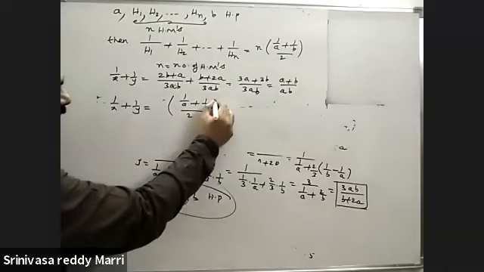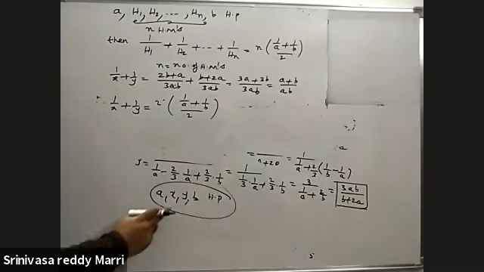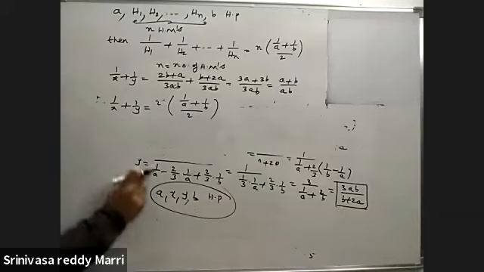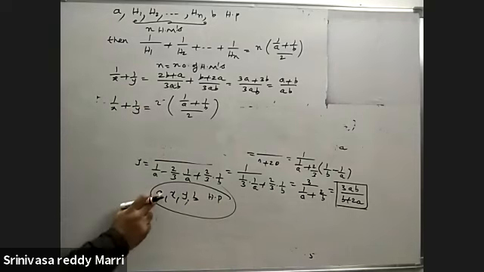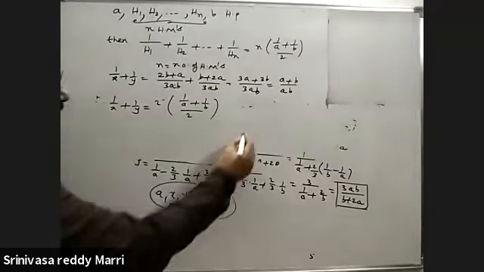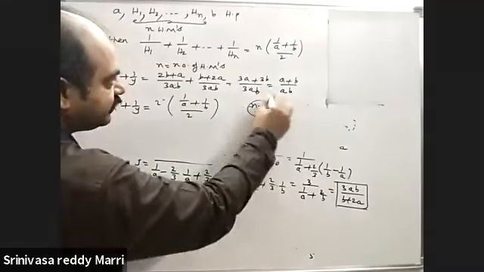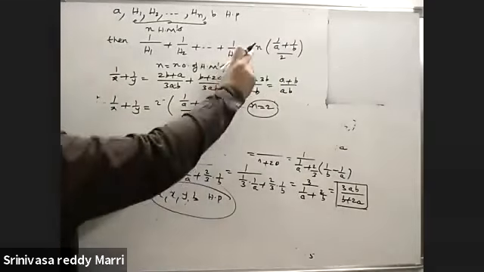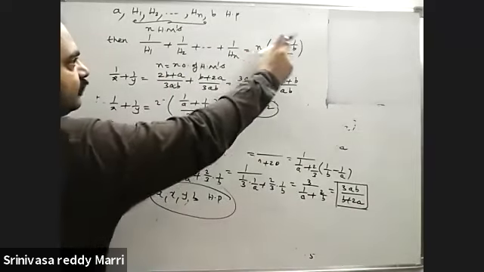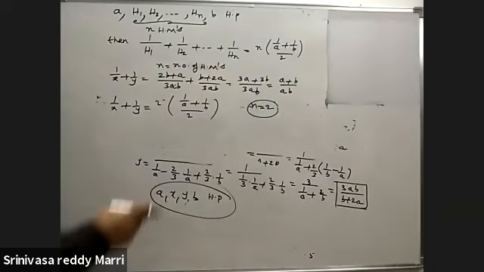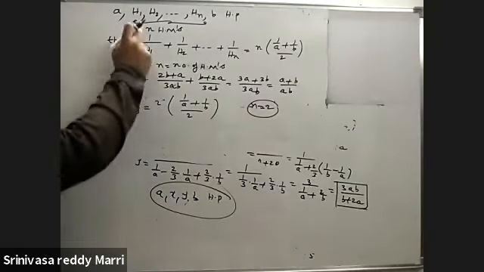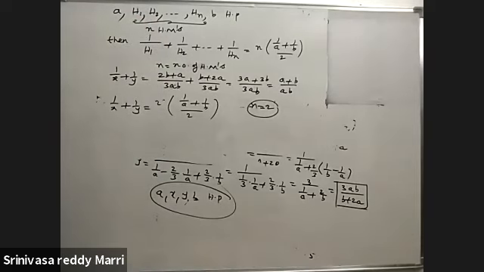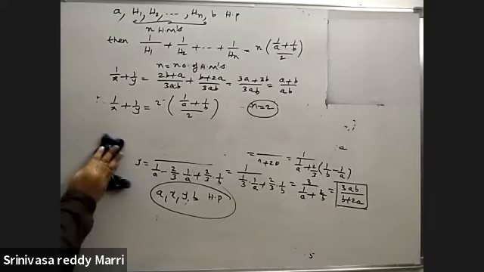You multiply and divide it by 2. Now look at here, n is what? 2. So 1 by x plus 1 by y is nothing but 2 into 1 by A plus 1 by B divided by 2. Here n is 2. The same formula is applicable. The same you got here, 1 by A plus 1 by B. Like that, if any number of HMs are there, the sum of the reciprocals is nothing but n into 1 by A plus 1 by B divided by 2.